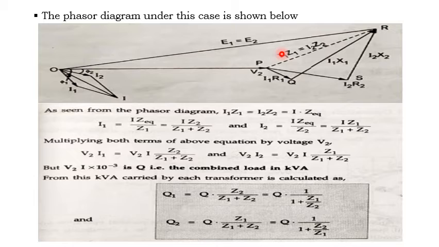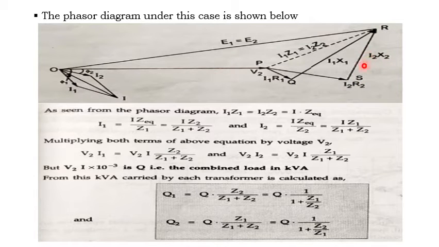And what is the induced EMF? That is E1. The induced EMF E1 is the line from the origin to here. So this is the phasor diagram of transformer A. Similarly, you can draw the phasor diagram of transformer B, or with our notation, transformer 1 and transformer 2. Again here also, the voltage V2 is the common reference phasor. Here also you draw both voltage drops, the drop across the resistive component and the drop across the reactive component.